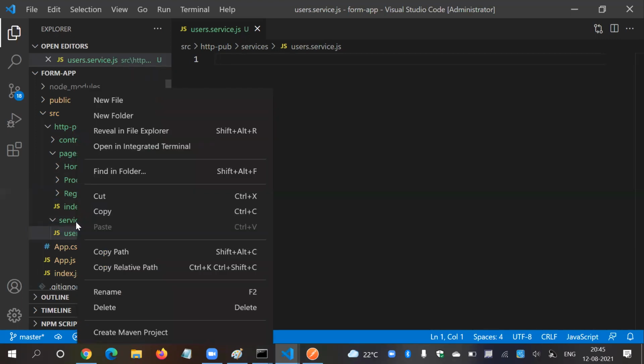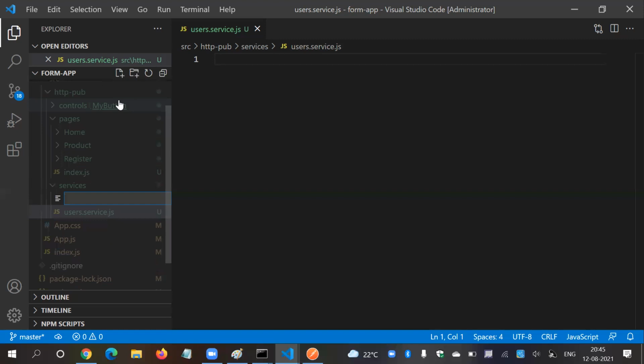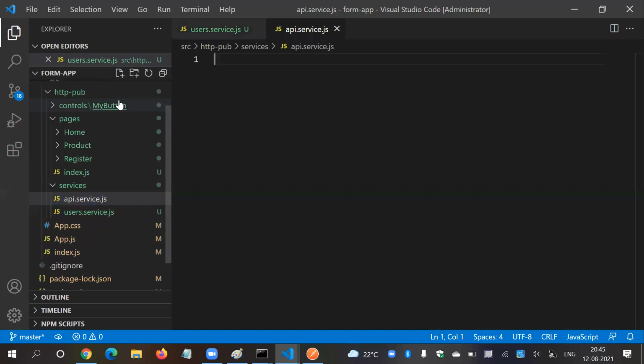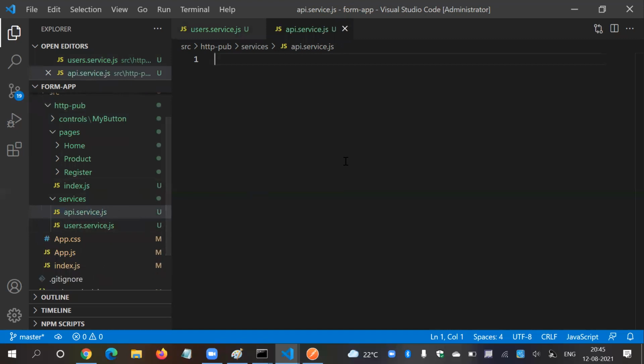Instead of that, I'm going to create a separate file with the name API service.js. This file will contain method specific code. Let me explain how.